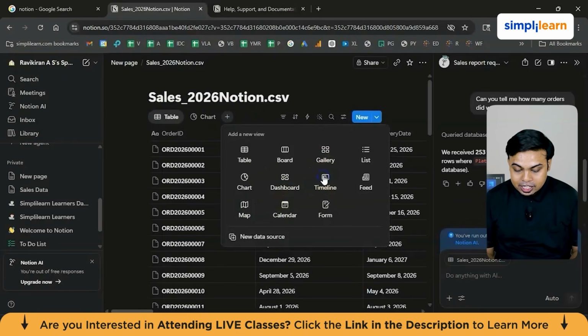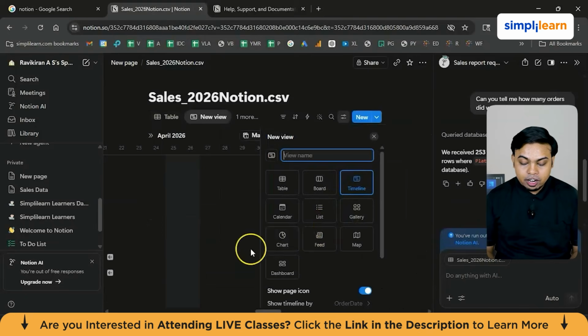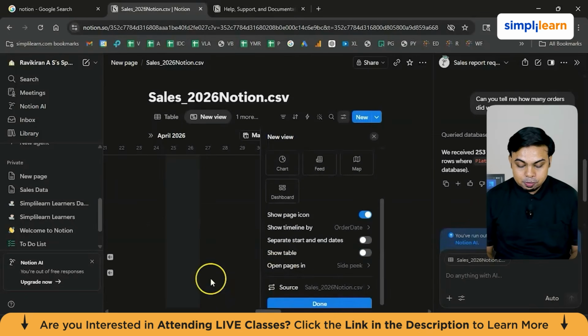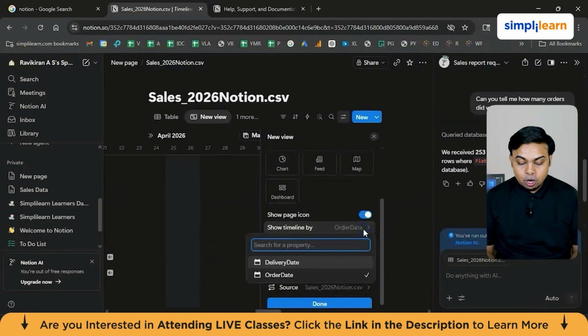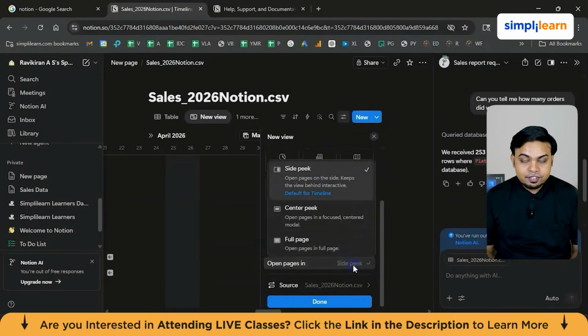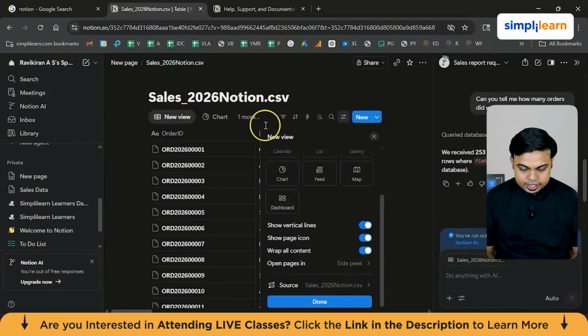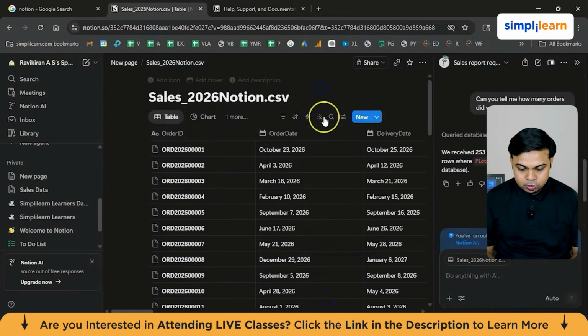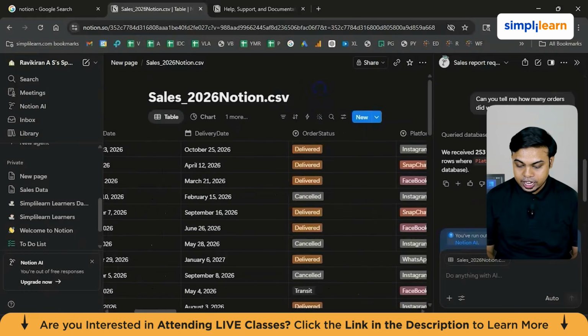And if I want to add some timeline data like time graph, the linear line graph where it shows me data about the delivery date, how many of orders delivered on a certain date, you can also get that as well. And you can also give a name to this particular chart. And let me go back to the table once again, and done. Let me close this window, and there you go. So we have the preview over there.